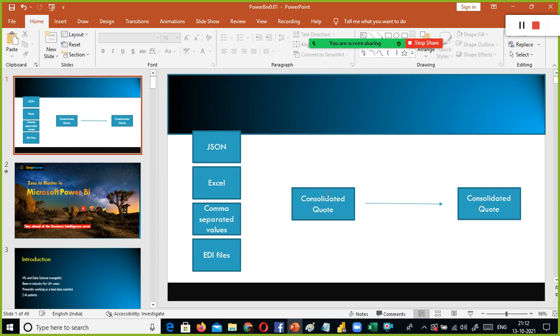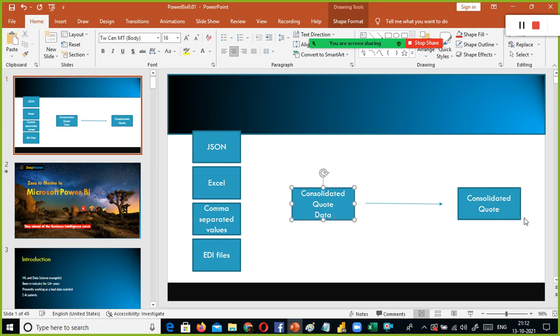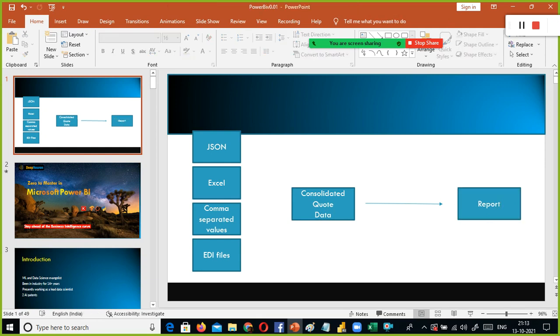Based on different rules, in your report you implement all the rules. Even if the price is slightly more than the other vendor, if the delivery time is less than the set value, set date, or set duration, then we are going to offer them. So you will generate a report from this consolidated data. Here you generate the report.